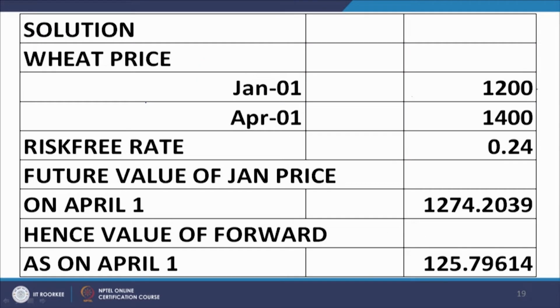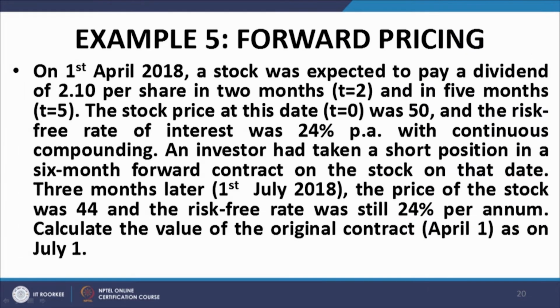This is quite simple. We work out the future value of this contract A as on the date of valuation, that turns out to be 1274.2035, and we determine the value of the contract, and that is 125.79614. Another example, on 1st April 2018, a stock was expected to pay a dividend of 2.10 per share in